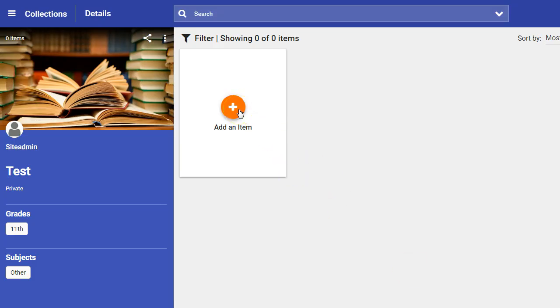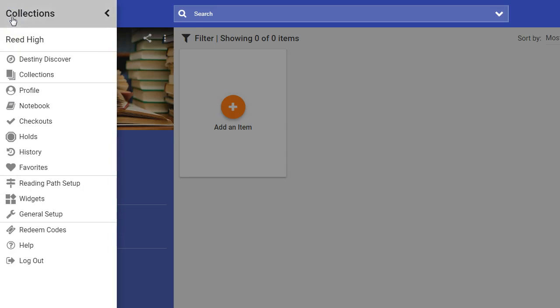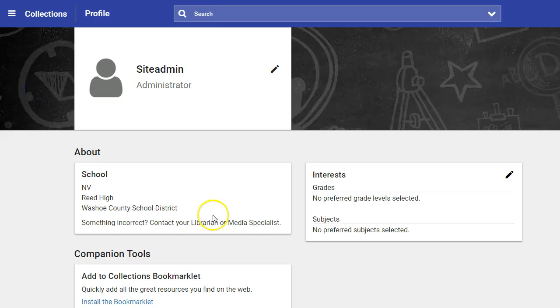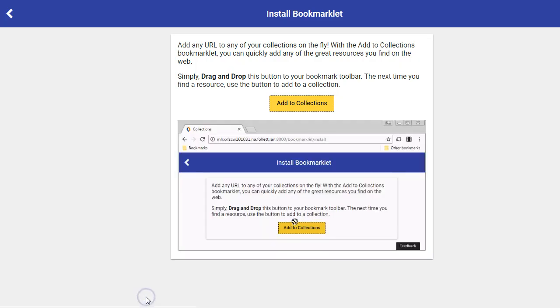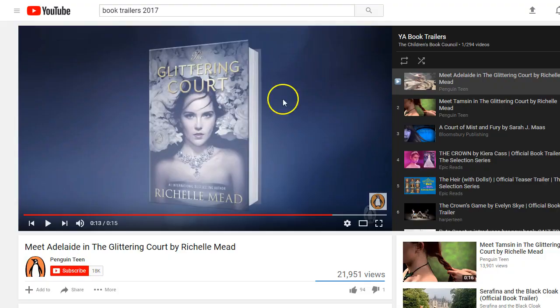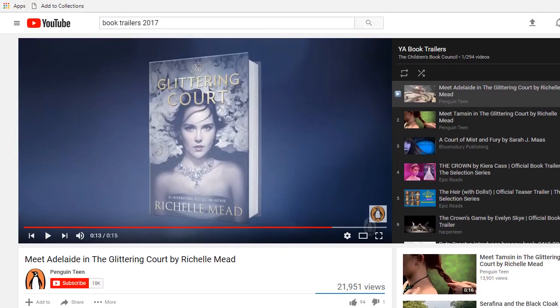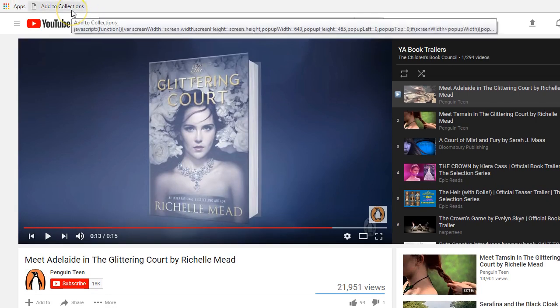To add an item, you can select on this button, but first I recommend going to the pancake bar and selecting Profile. This allows you to install the bookmarklet. Go ahead and drag this, add your collections to your toolbar. Once I have added the collections to my toolbar up here, anywhere I am searching on the internet,